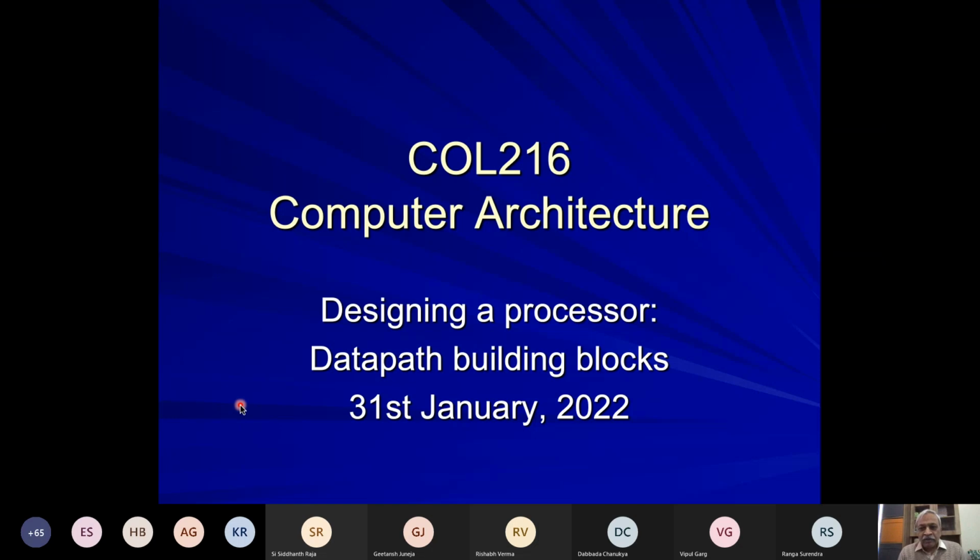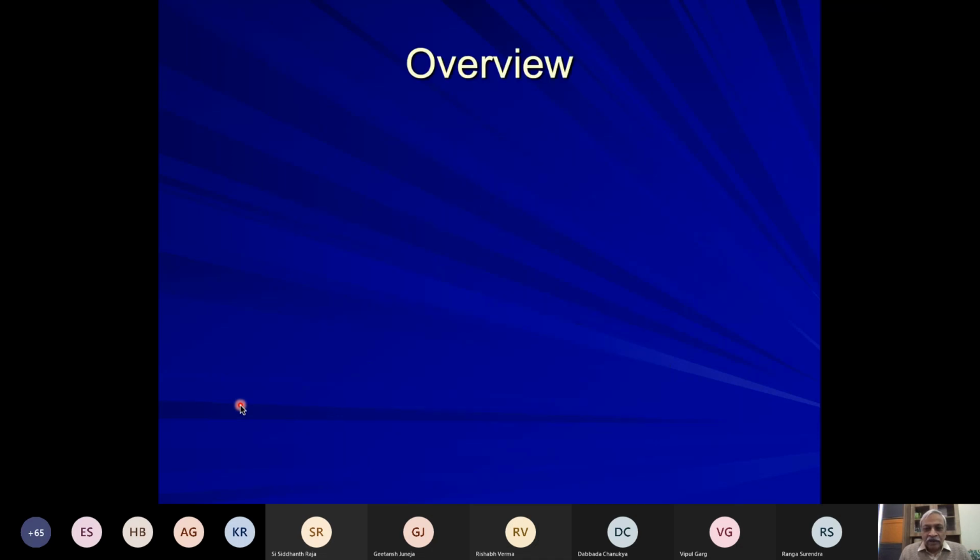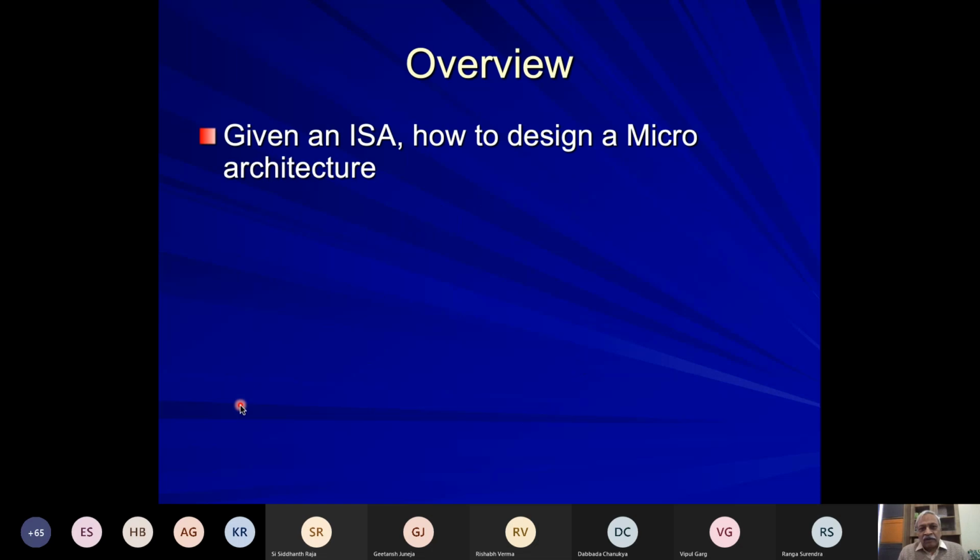Over the past few lectures, we have been trying to understand a typical instruction set architecture, which means the instructions, what their meaning is, how they are represented. So all these aspects of a processor as seen from a programmer's point of view. Now we'll go across the hardware software boundary and try to see how a processor is built, the microarchitecture part. So given an ISA, how to design a microarchitecture, that is the topic we are going to discuss over the